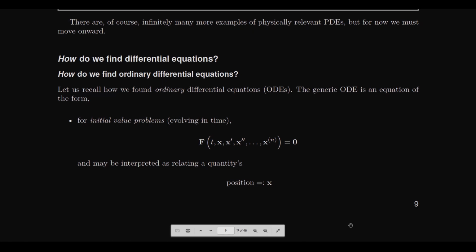Welcome back, everybody. So we're kind of finishing up section 1.1 today, getting into the meat and bones of it, which is really trying to figure out how to create differential equations. That's the tricky part most of the time. It's actually my least favorite part about differential equations as a whole, just trying to create it, because